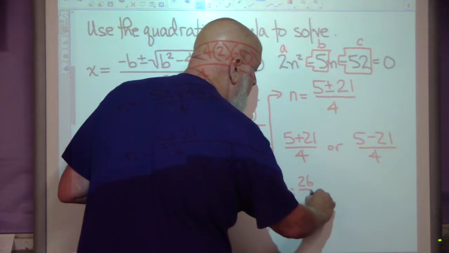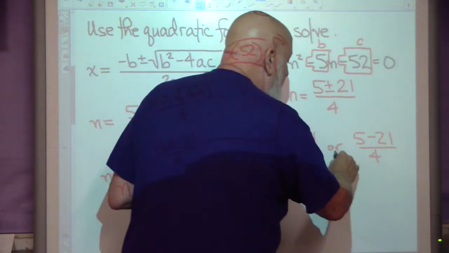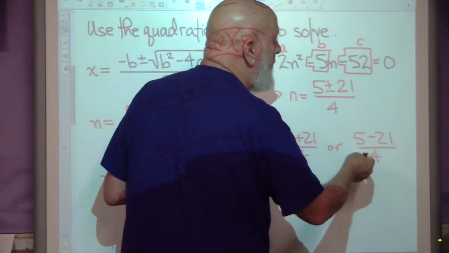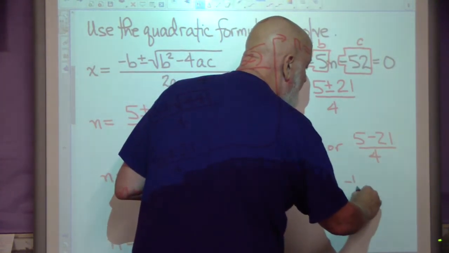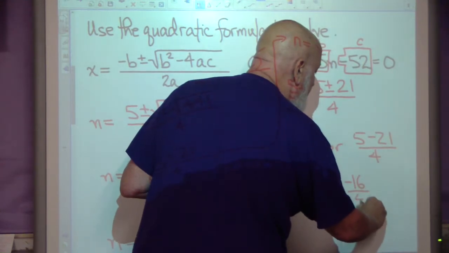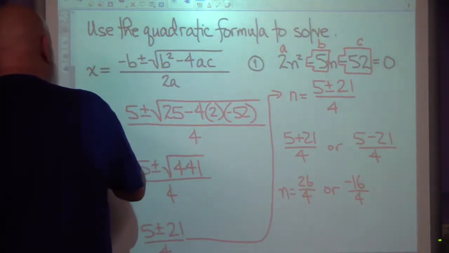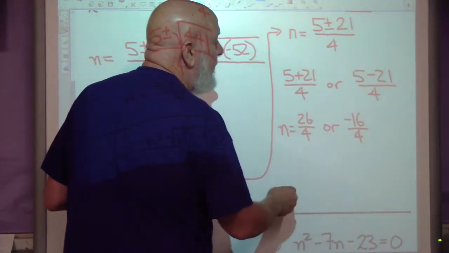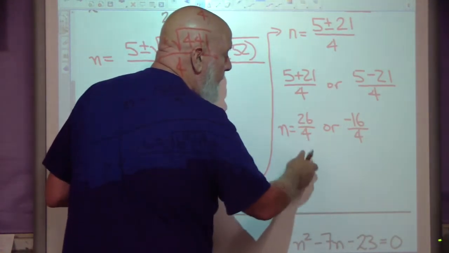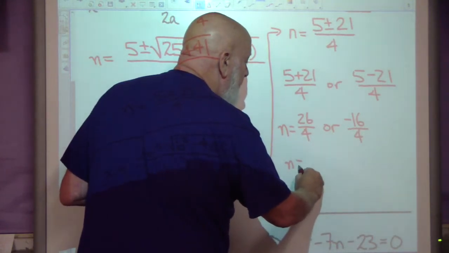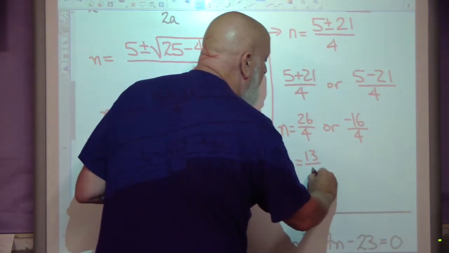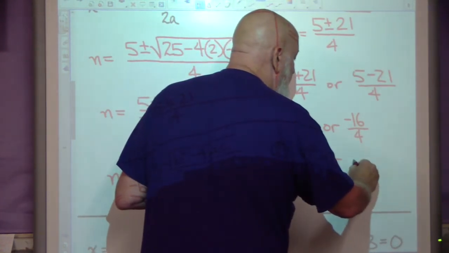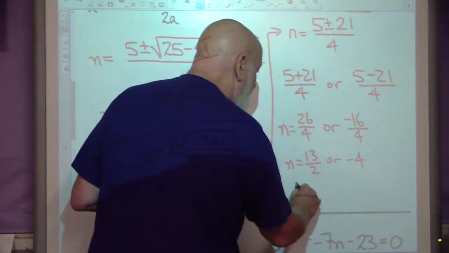That will reduce. Or, this is negative 16 over 4. So my two solutions here will be reducing these by a factor of 2, dividing top and bottom by 2: n is 13 halves, or n is negative 4. And those would be our two solutions,